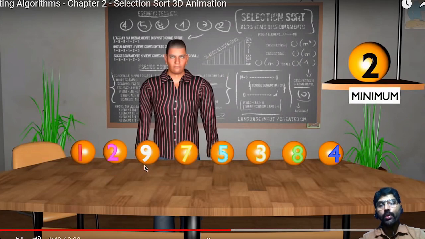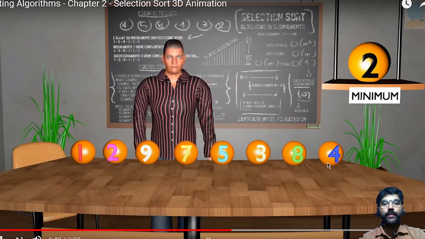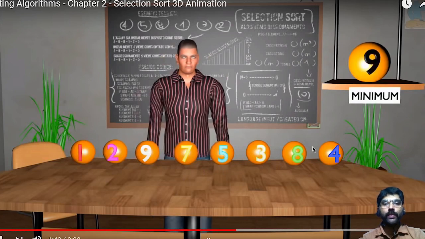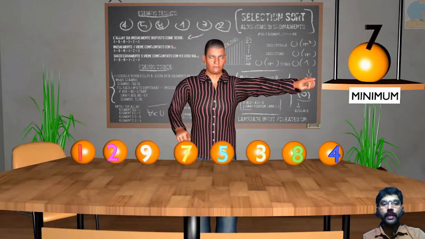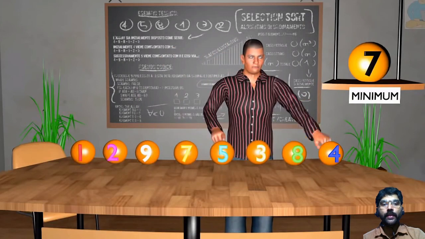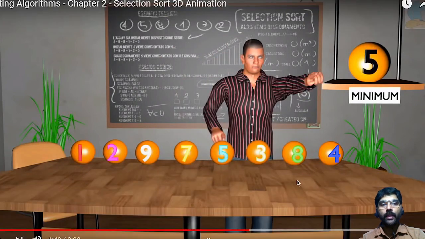Now I have to take this 9 as the minimum value, and the comparison starts from the 7 here. Now see, first it compares with the 7. 7 is smaller than 9, so the minimum is replaced by 7, then compared with the 5. 5 is smaller than 7, so 5 is put in the minimum.